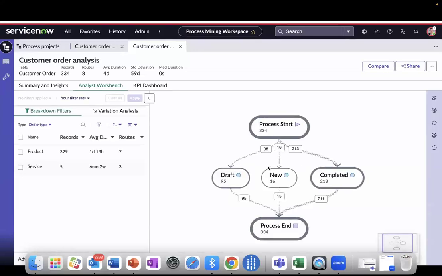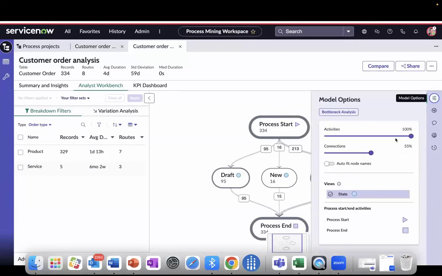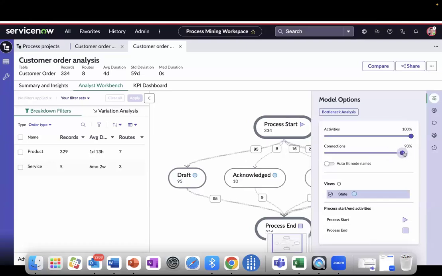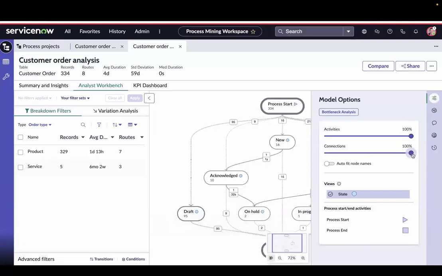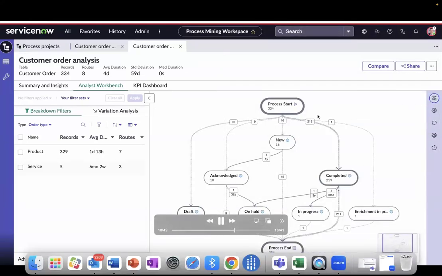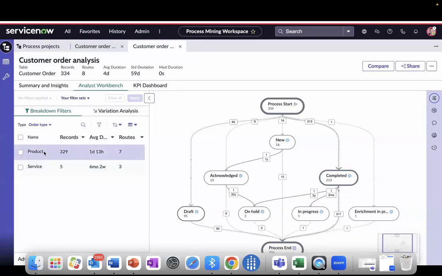And there you go. It shows you your process map, which, as I told you, the sample data is really bad. But even so, it tells you stuff about the flow of your customer orders. It started from new, and from new it went to acknowledge, and then from acknowledge to on hold in 32 seconds. But it took 1 year to get acknowledged, which is a funny data set. But yes, you can try it out in your instance and on your data set to quickly find out if your customer orders are facing any process inefficiencies.